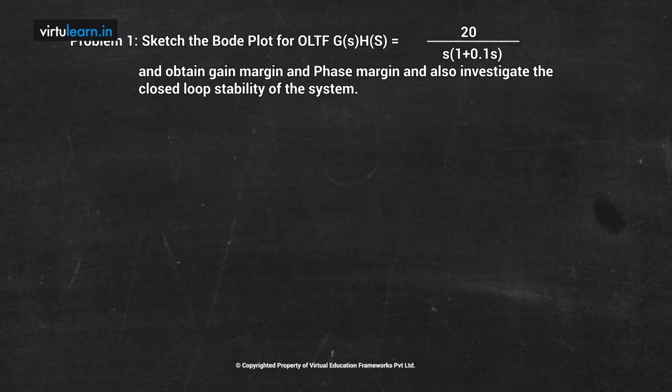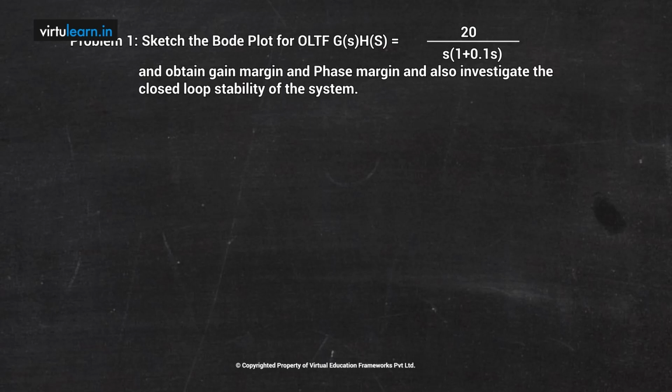So in this problem, the open loop transfer function is given. We need to draw the Bode plot using the steps which are available to me. Then we need to analyze that Bode plot and find out what is the gain margin and phase margin, and from that then we can obtain the closed loop stability of the system. The first one is the magnitude plot. So there are 4 steps available to draw the magnitude plot. We will see all 4 steps, and we take this numerical open loop transfer function and we will see how